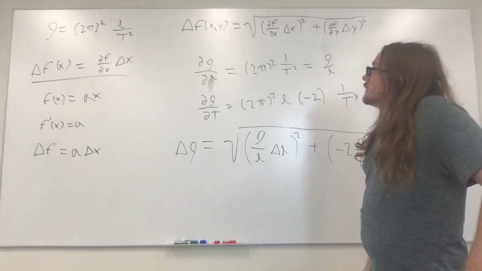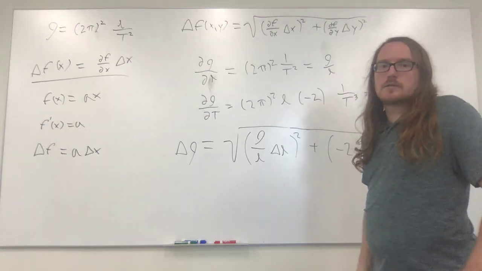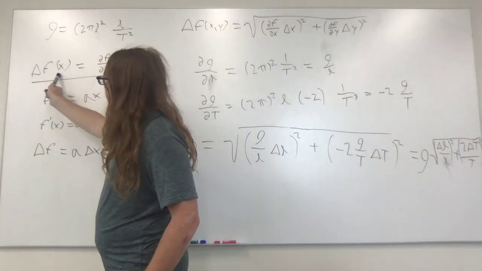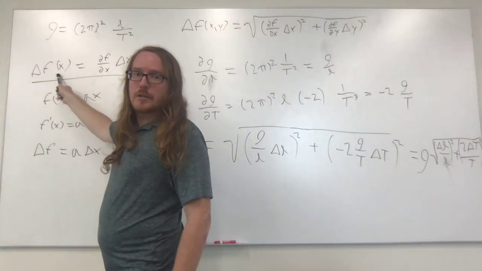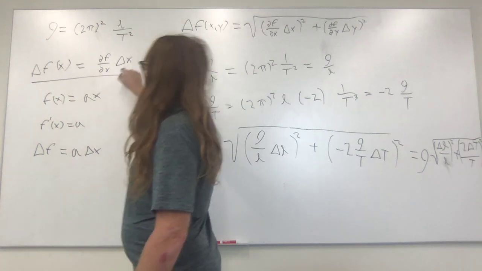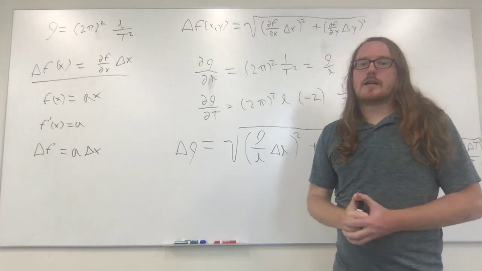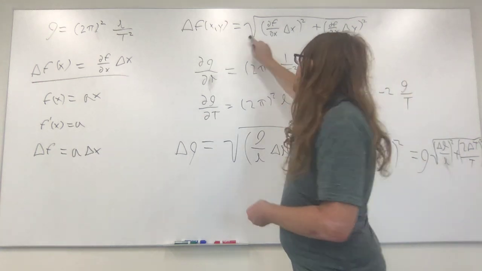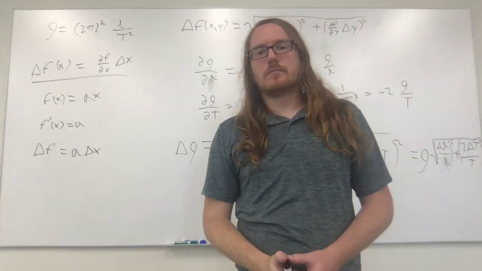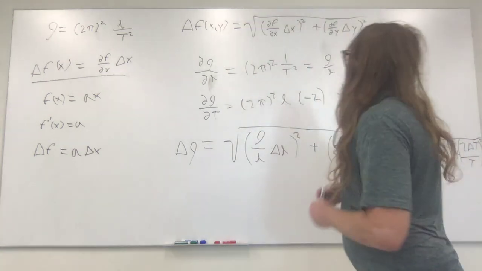But yeah, all it comes down to is the uncertainty in something is the derivative of that thing with respect to whatever times the uncertainty in that variable. And then you use the Pythagorean theorem to combine different variables that are independent of each other. So if we had a third variable, we could just